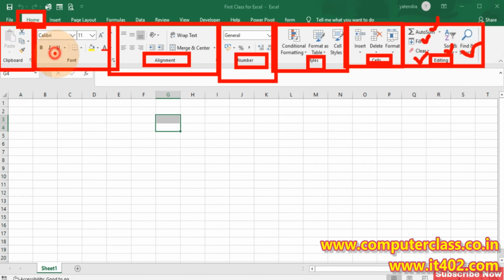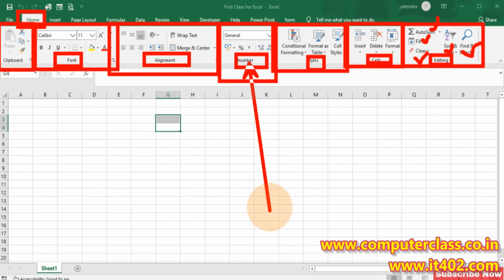Suppose this is the group name Font. What does this group mean? All the options related to font style we can find under this group, and this group is inside the Home tab. So we can easily remember that whenever I need to make some formatting on my font, I need to come to the Font group. Like that, the Number group has number formatting.